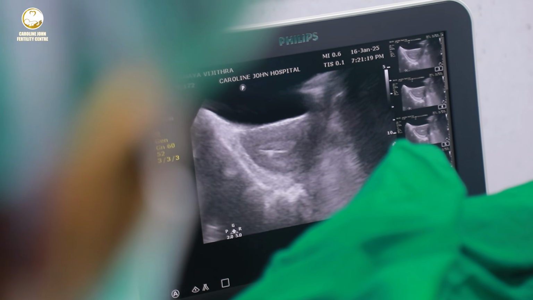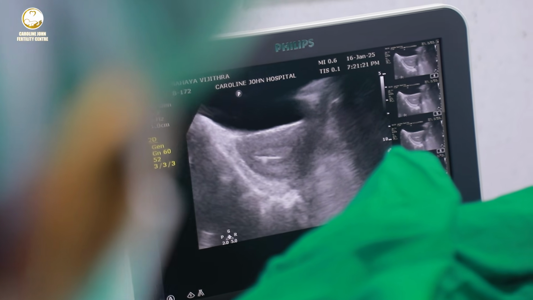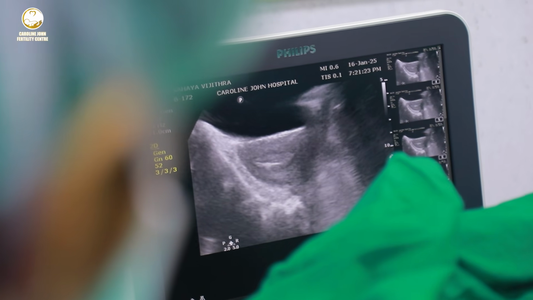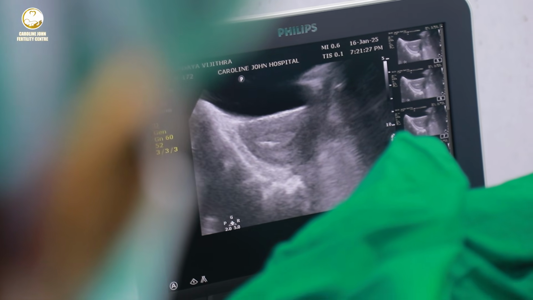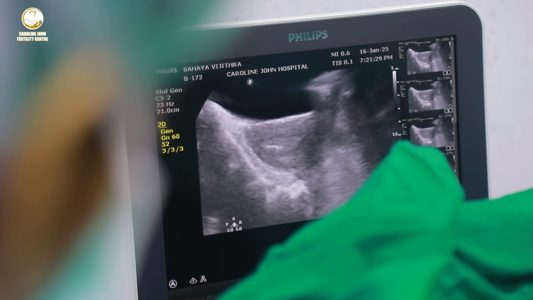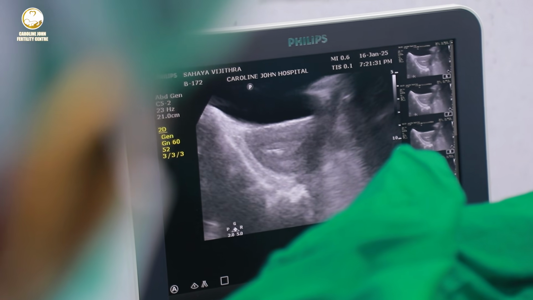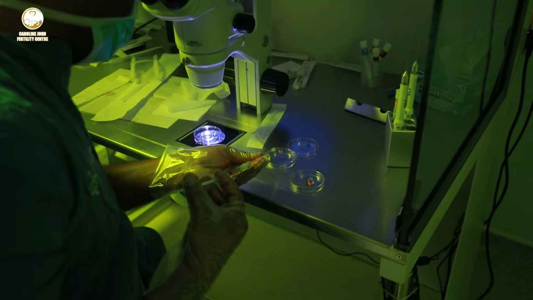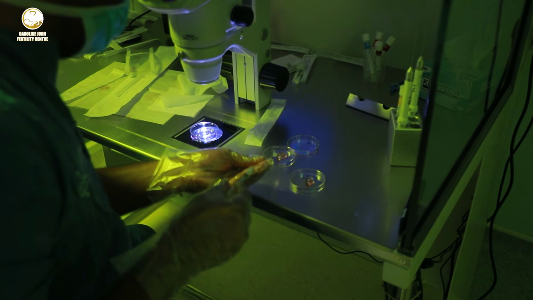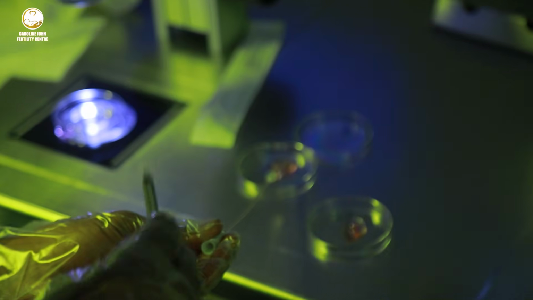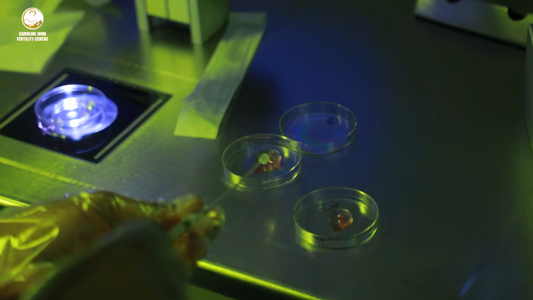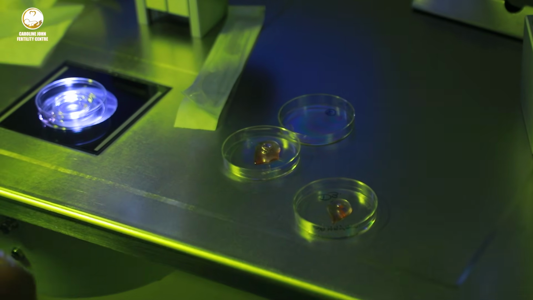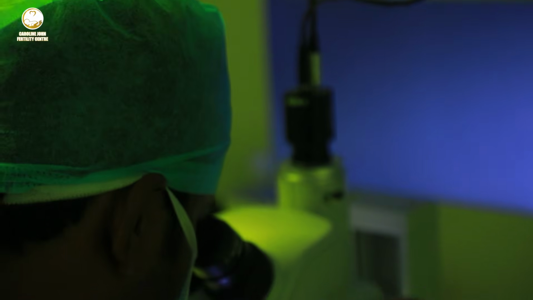This includes hormonal preparation. Medications such as estrogen and progesterone are prescribed to thicken the uterine lining, ensuring it is receptive to the embryo. Ultrasound monitoring. Regular scans assess the thickness and pattern of the endometrial lining, which should ideally be between 7 to 12 millimeters for successful implantation. A speculum is gently inserted into the vagina to hold it open, similar to a pap smear